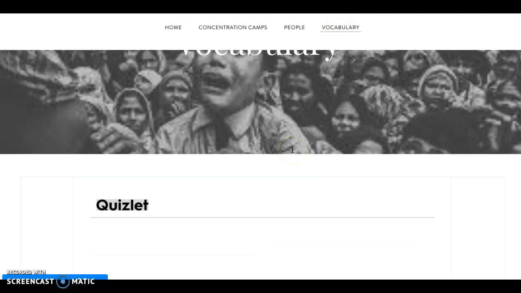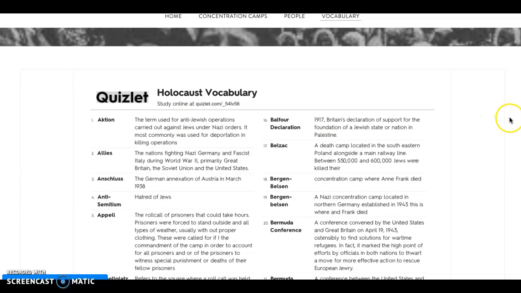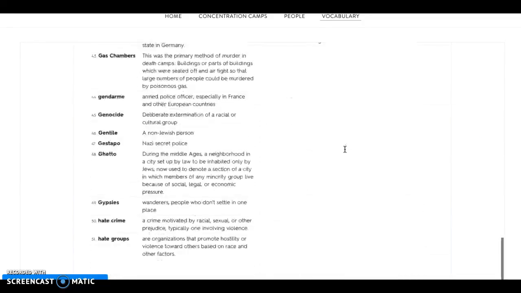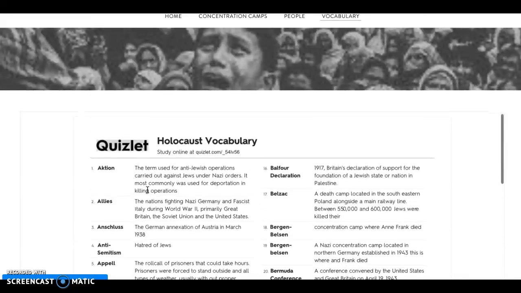And then the last part of my page is the vocabulary part. This is a Quizlet, and I took a Quizlet and edited it and did what I wanted to do to it, and then you can scroll through, and it's a really big overview of all the vocab that you should know to understand